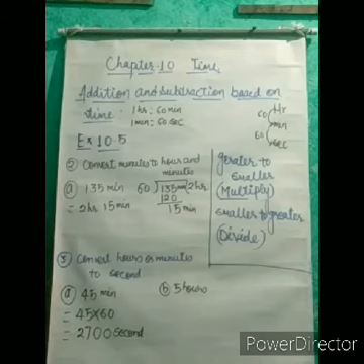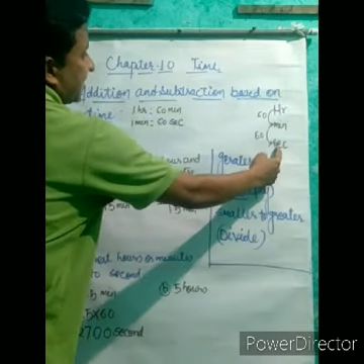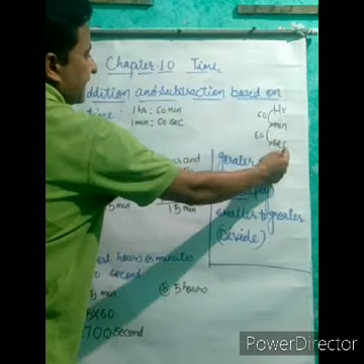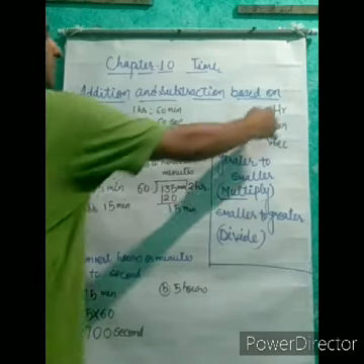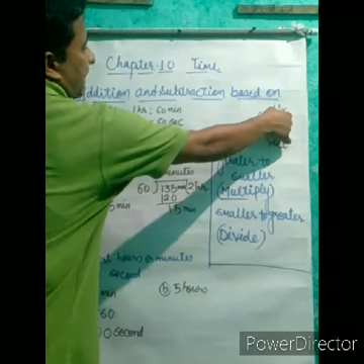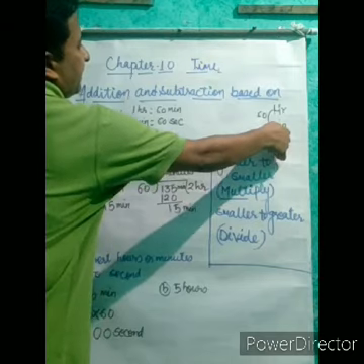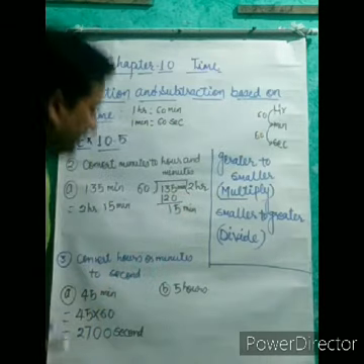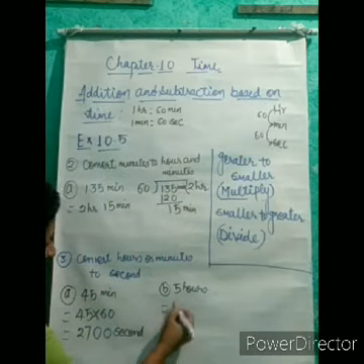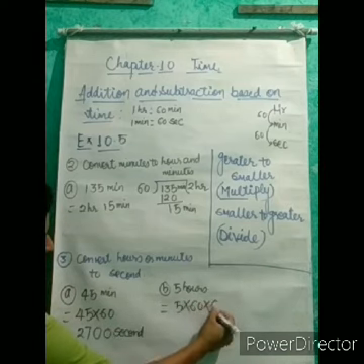Now you can see here we will convert hours to seconds. There are two ways to convert. Directly also you can do it, because for hours to seconds, first we convert hours to minutes by multiplying by 60, then minutes to seconds by multiplying by 60. That means 60 into 60 are coming, so we will multiply by 60 into 60. So you can see 5 multiplied by 60 into 60.